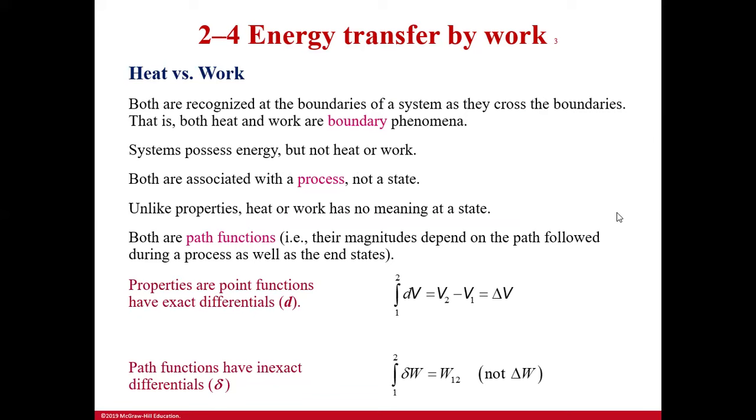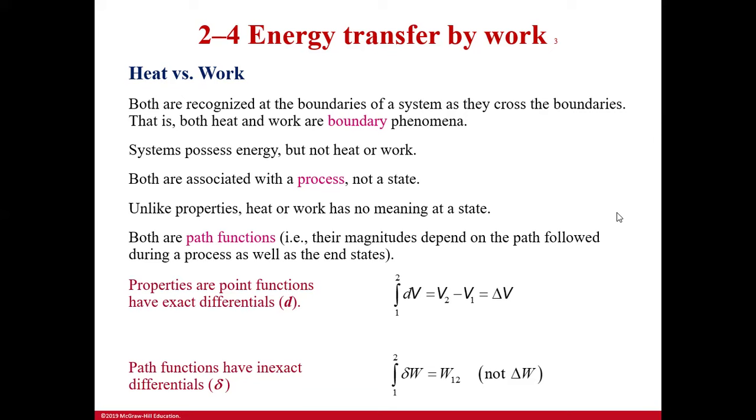Heat versus work: both are recognized at the boundaries of a system as they cross the boundaries, that is, both heat and work are boundary phenomena. A system possesses energy but not heat or work. Both are associated with a process, not a state. Unlike properties, heat or work has no meaning at a state. Both are path functions. That is, their magnitude depends on the path followed during a process as well as the end states. Properties are point functions and have exact differentials, like they're showing the change in volume,